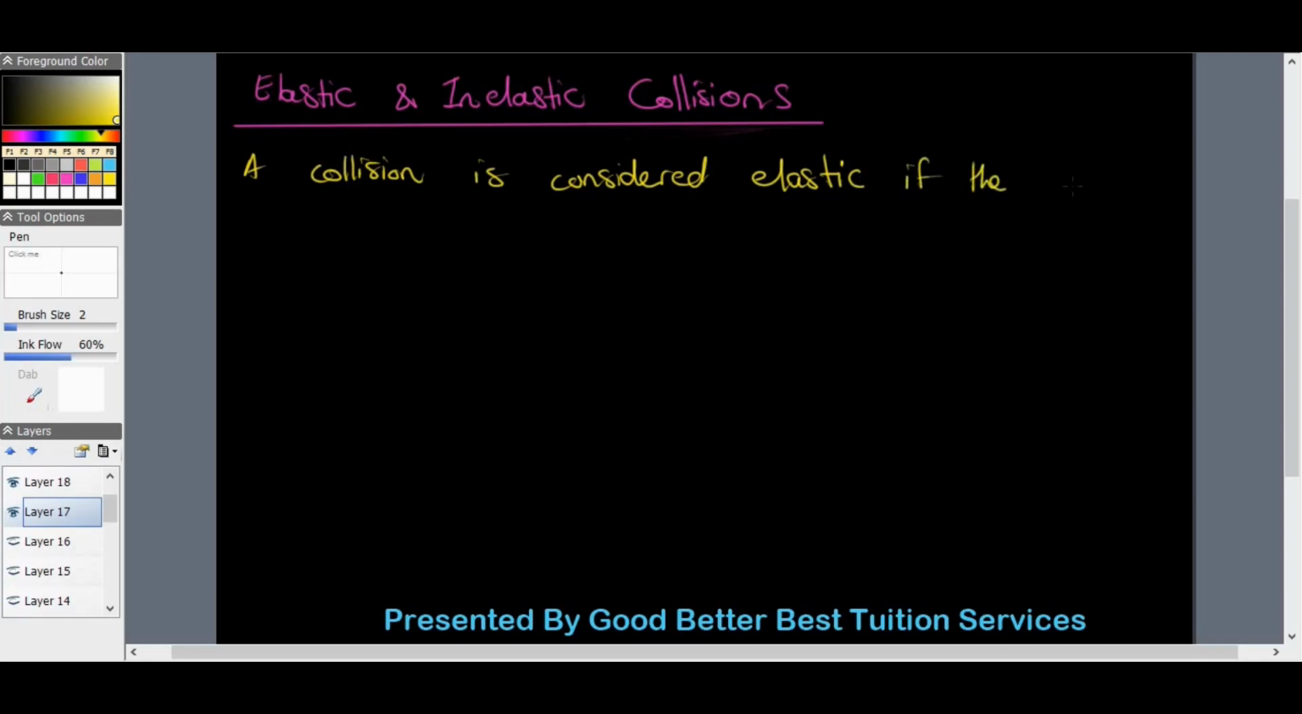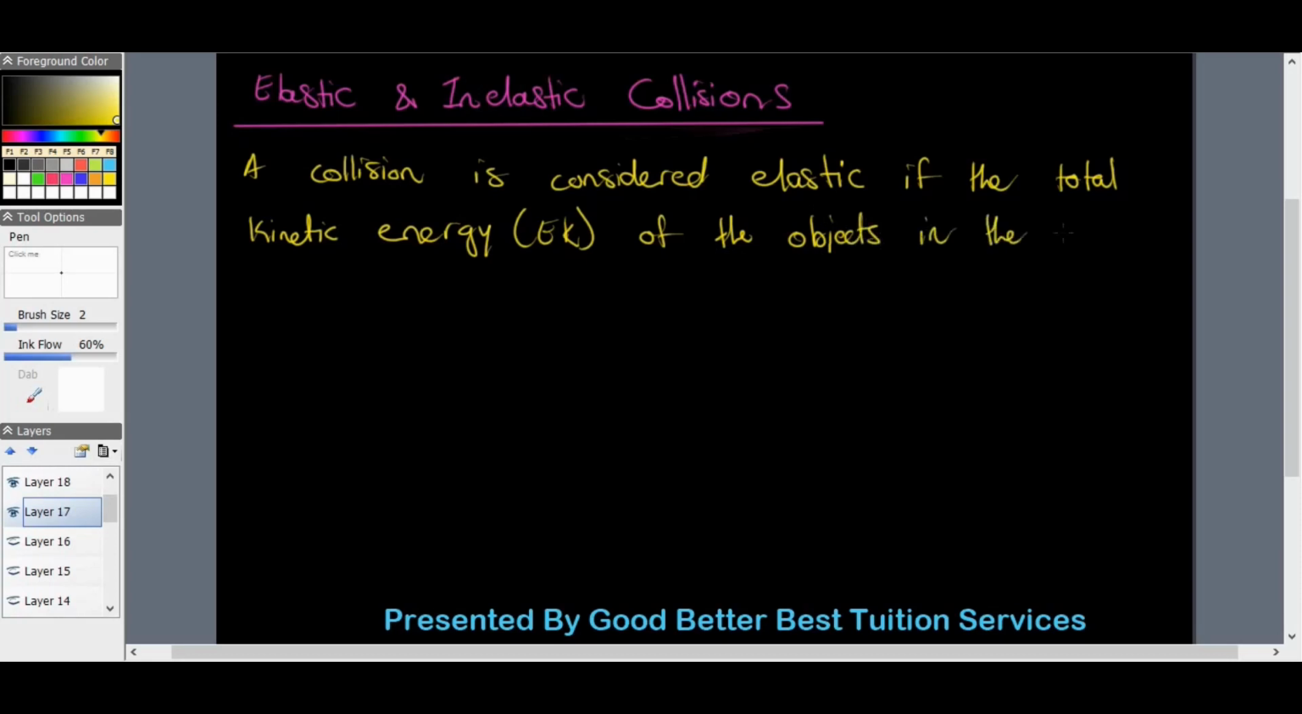If the total kinetic energy, Ek, which we're all very well familiar with, of the objects in the system during the collision is conserved. Now, when I mean is conserved, similarly to the law of conservation of momentum, it is that